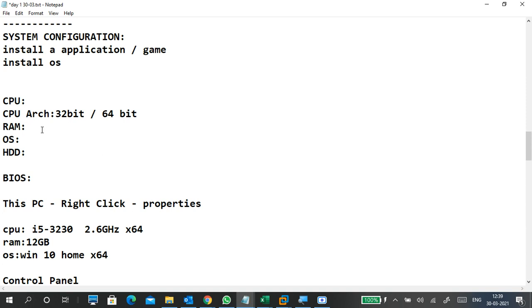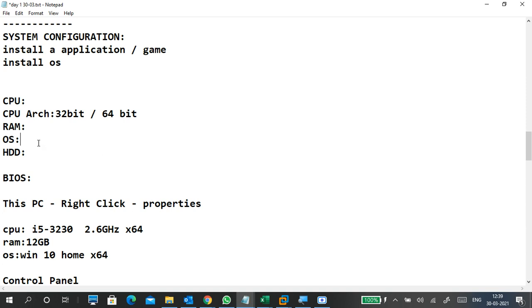Next, how much RAM we are using, 4 GB, 8 GB, 6 GB, 12 GB, like that, total RAM size. Next one is what type of operating system you are using, Windows 10, Windows 10 Home, Windows 10 Professional, or Windows 10 Enterprise Edition, Windows 10 Education Edition, Windows 8, Windows 8.1, Windows 7, Linux, Ubuntu, Red Hat.